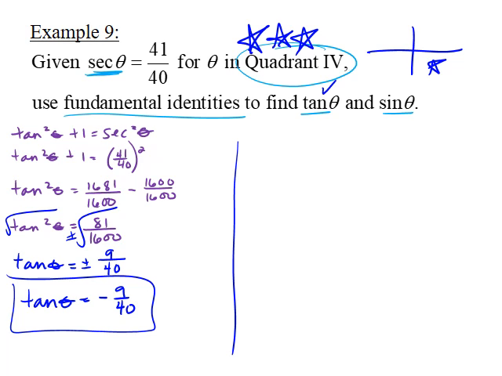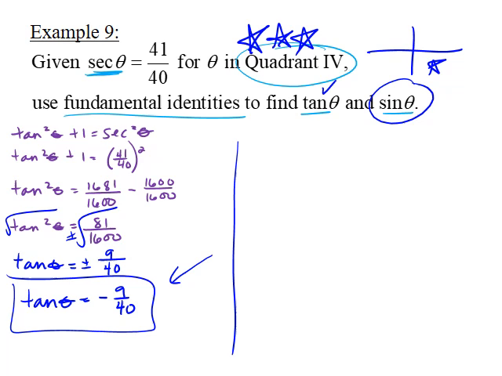Now, when we try to find sine of theta, sometimes it's easier to use what we just found. However, if whatever you just found is incorrect and you use it to find the next answer, both answers will likely be incorrect. So what you want to do, and I know it's a little more work, is you want to go back to square 1 and use only the given information. So